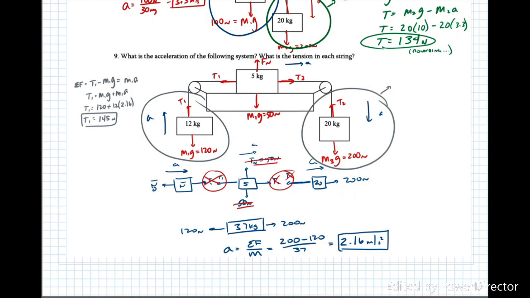We're going to do the same process for this, but net force this time is going to be m3g minus tension 2, because the acceleration is down for this object. So that's telling me that m3g is bigger this time. It's winning the tug of war. And that's equal to m3a. We solve for that. That's m3g minus m3a. Tension 2 is 200 minus 20 times 2.16. And tension 2 comes out to 156.8 newtons. And it's okay that they're different because